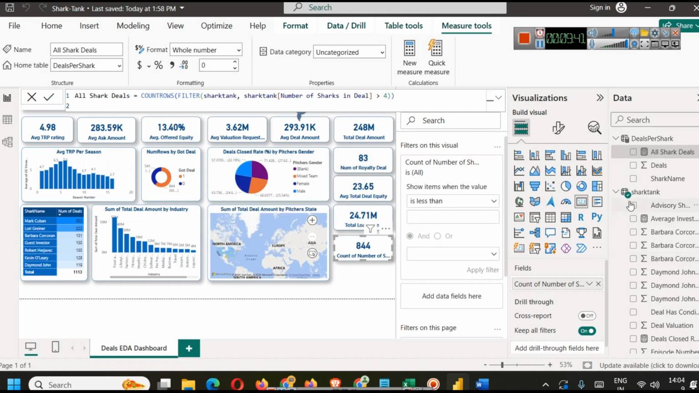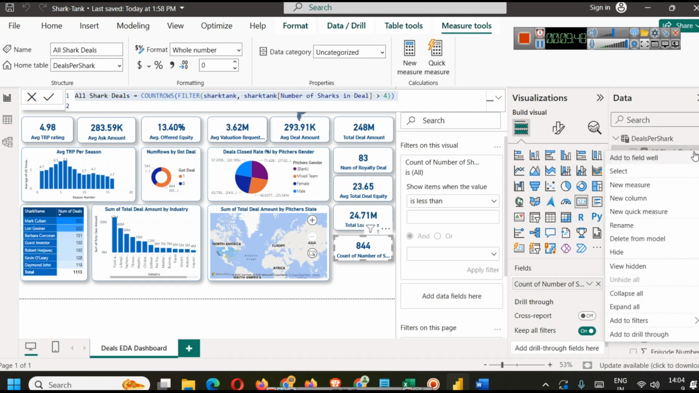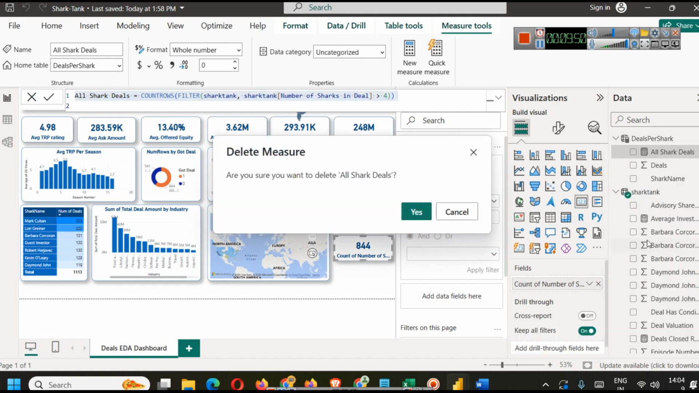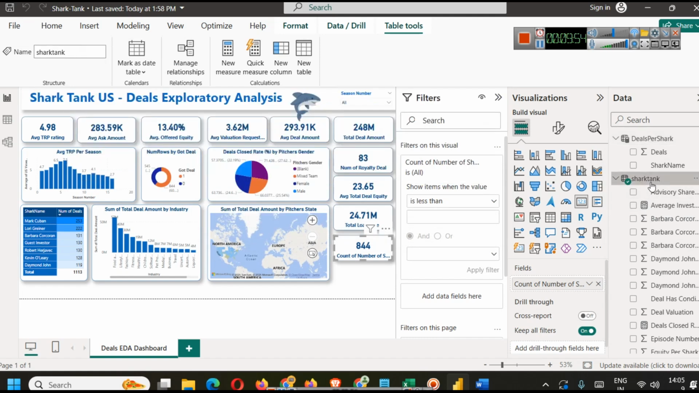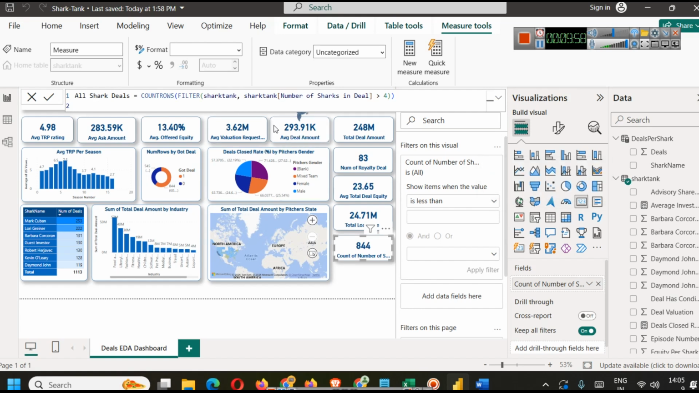And actually we have to calculate this in our second table. So first we'll delete from model, because these two are not linked. If they were linked, that would have been a better thing. We are going to create the same measure here. Use OK,